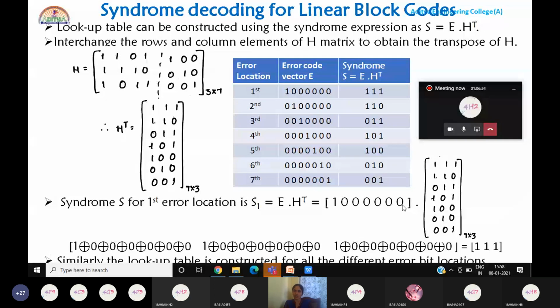XOR 0 into 0, that will be 0. XOR 0 into 0, so that will be 0. So finally we get 1 XOR all zeros. If we have an odd number of ones, what is the XOR operation output? Output is 1. If we have an even number of ones or zero ones, the corresponding bit will be 0. So similarly, if you take the product of the first row with the second column,